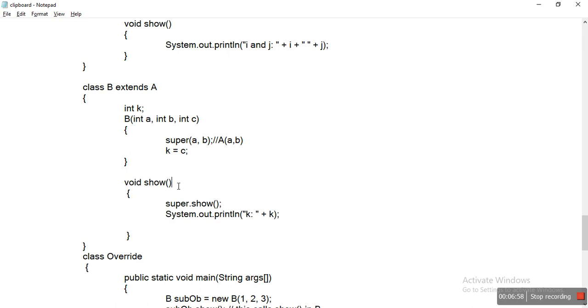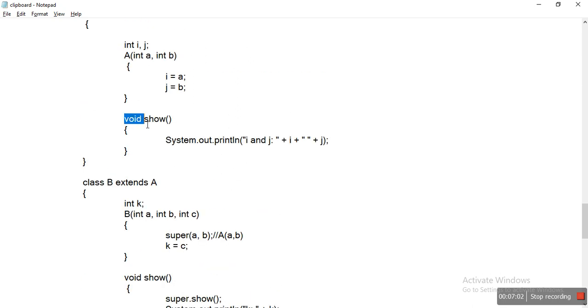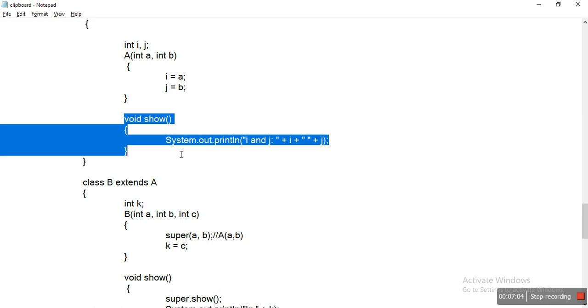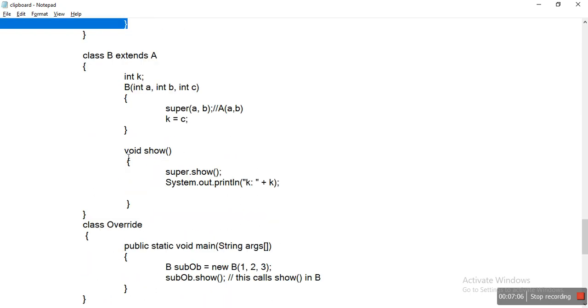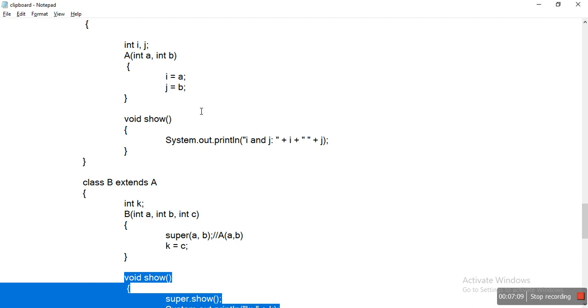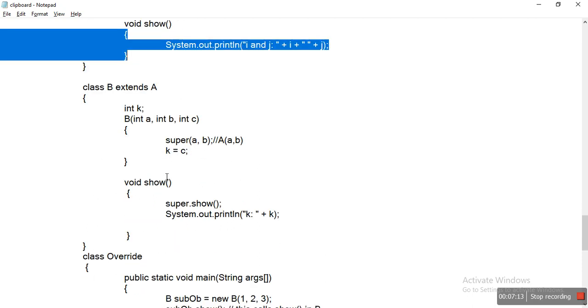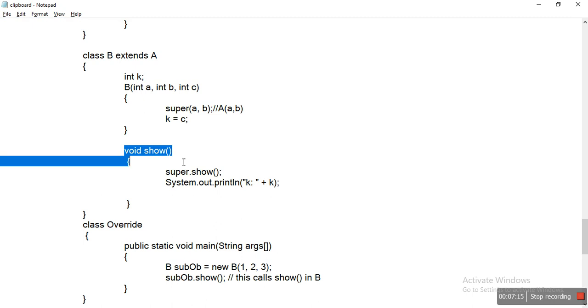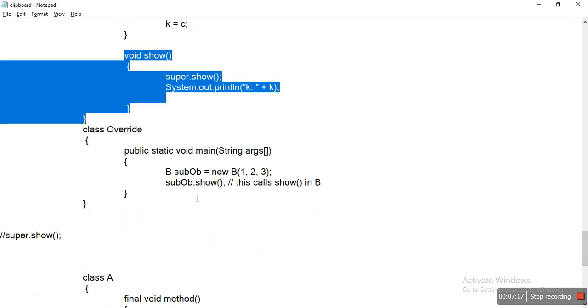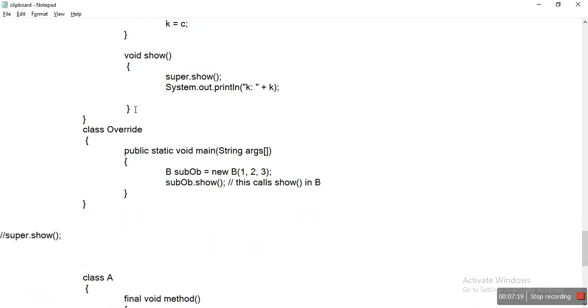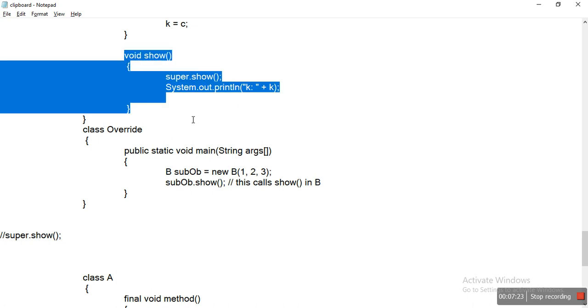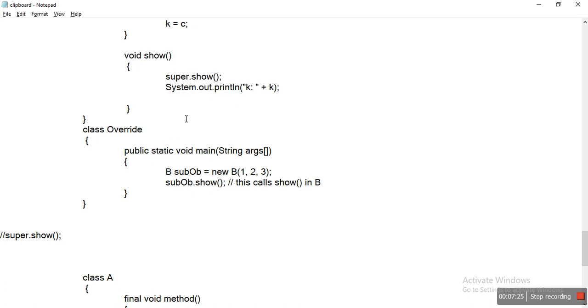So this method show is overridden, because we have show in the parent class and also in the child class. The parent class method show is overridden by child class B. This is possible in Java, so method overriding is achieved successfully, because it does not give any errors.